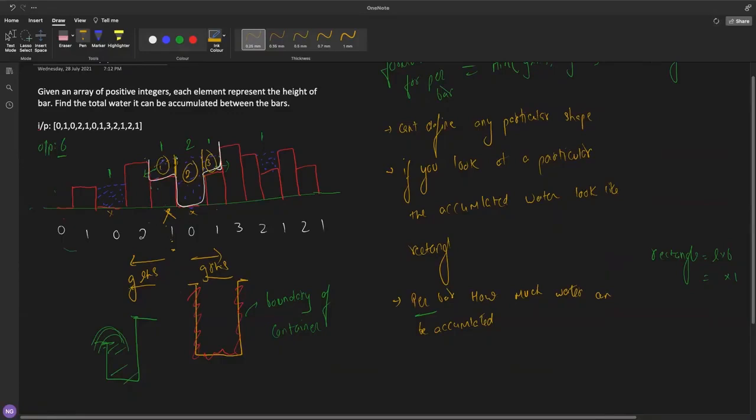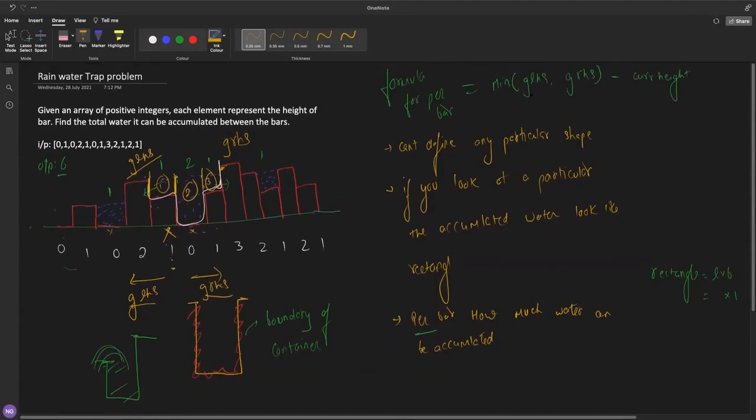The division is coming from the greatest element on the right hand side, and this is coming from the greatest element on the left hand side, and the greatest we will be finding per bar. Once we have the greatest element on the left and on the right, we will just subtract the current height, because the current height doesn't allow any more water to be held.